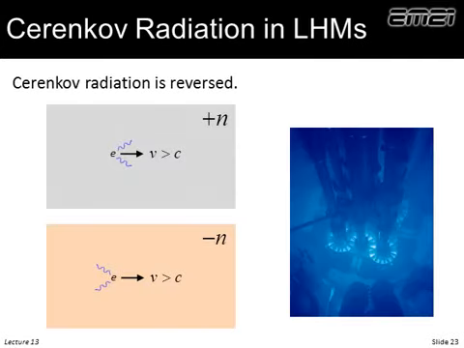This is not an area I've ever worked in, but there is something called Cherenkov radiation, and when we have charges that are traveling faster than the speed of light, it turns out they emit photons, and there's a directionality associated with the photon emission relative to the velocity. Well, if this is happening inside of a left-handed metamaterial, it turns out the handedness of that radiation changes. It's the negative index. It's now emitting photons in the opposite direction than we would expect.